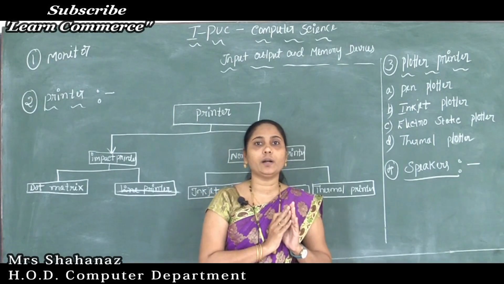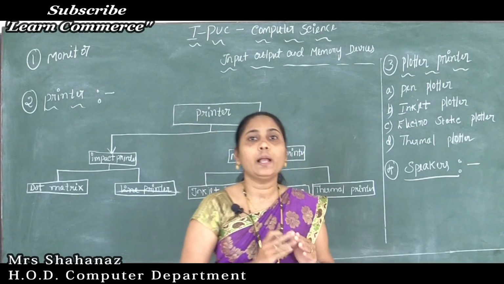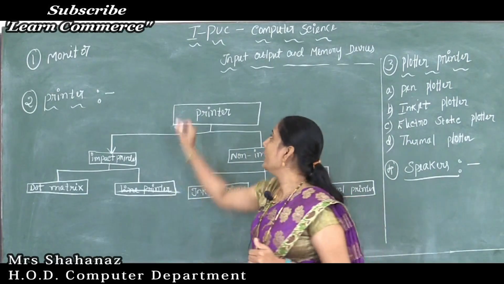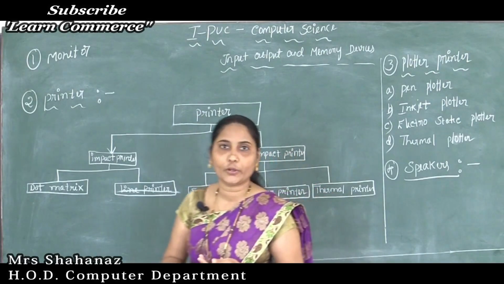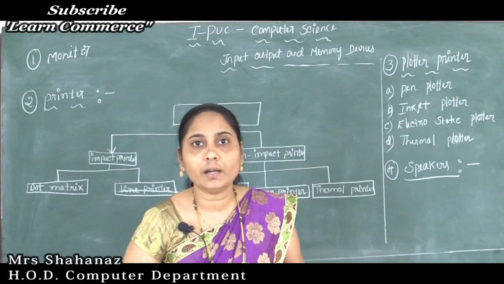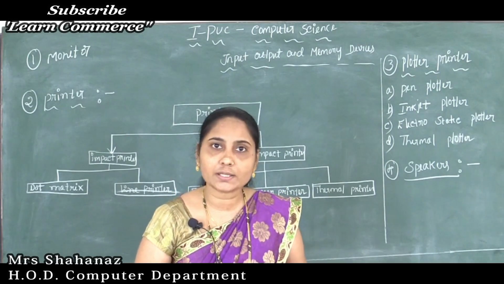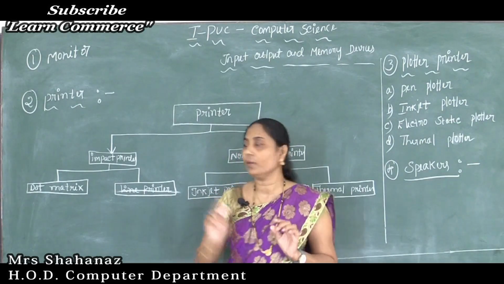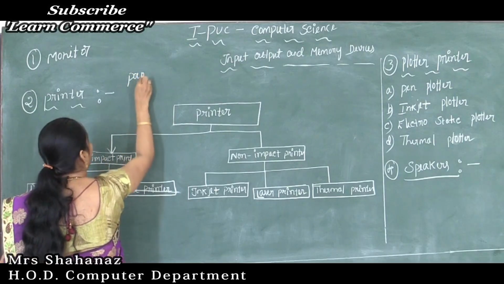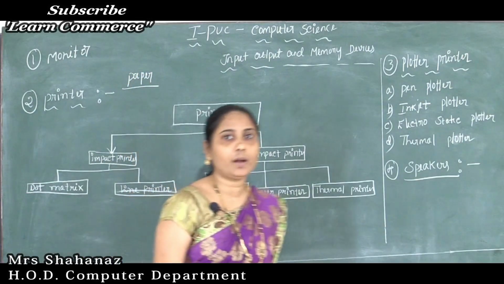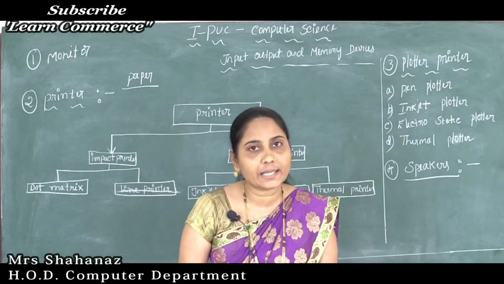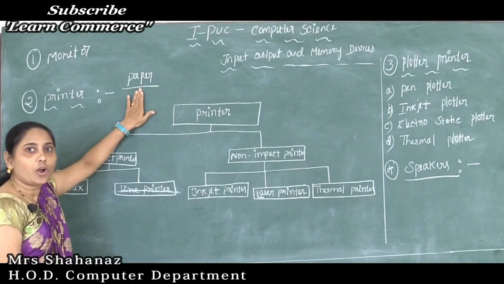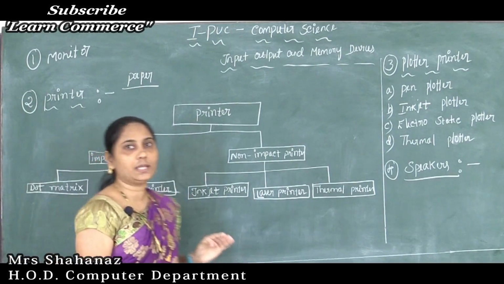Not only does the printer produce text information. By using a printer, we can also produce graphics. The meaning of graphics: images. Any type of picture we can also produce. So we can say that a printer is an output device that produces text and graphics on a physical medium. The physical medium example is paper. Correct, no? On the paper, we are going to produce text information and also graphics. Graphics are called images on our physical medium, that is paper.